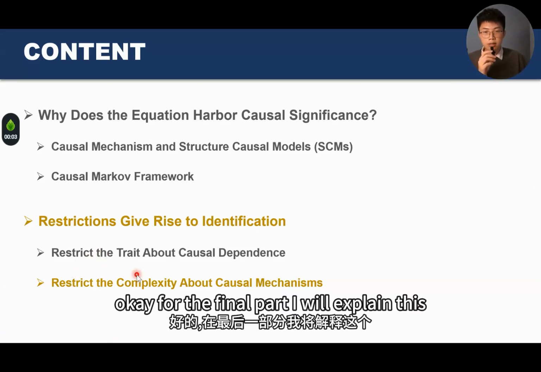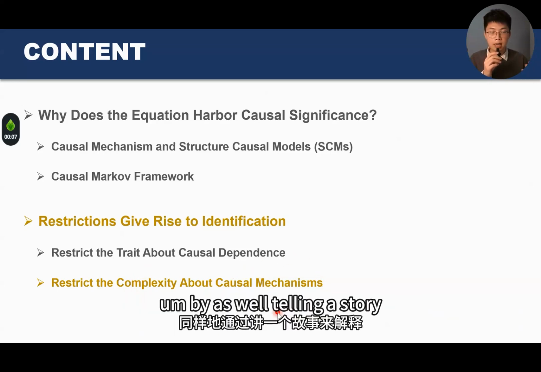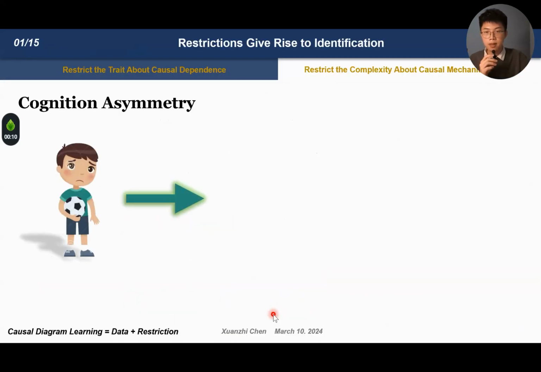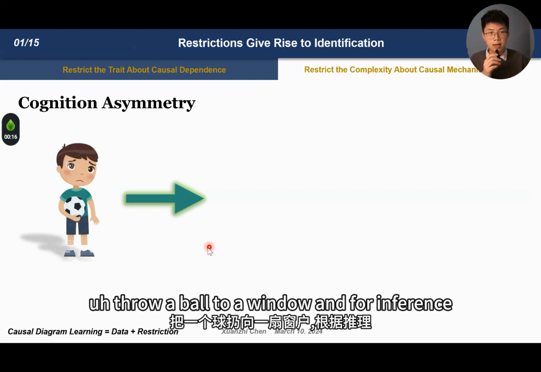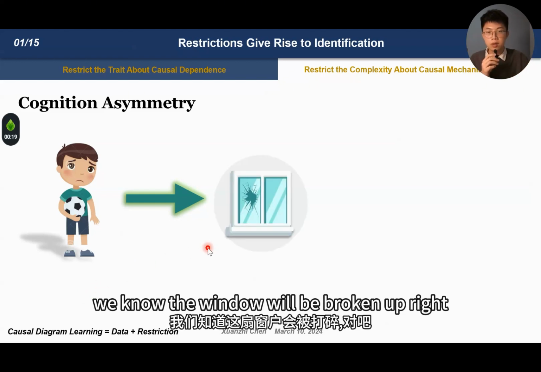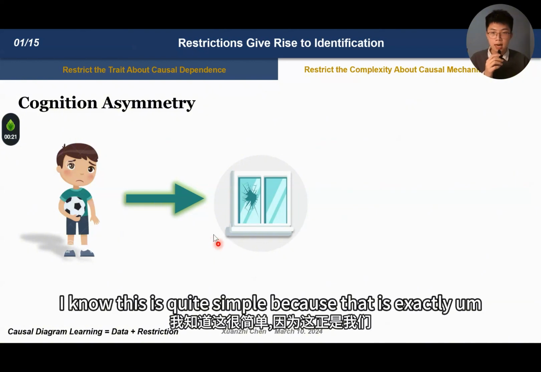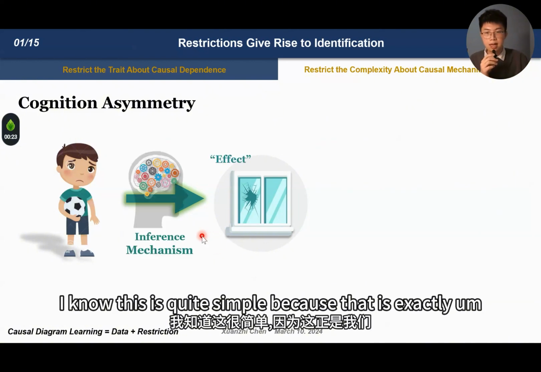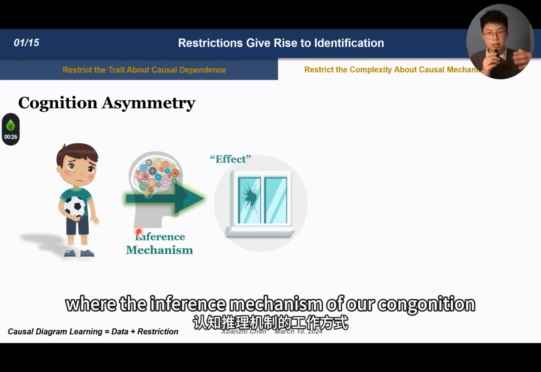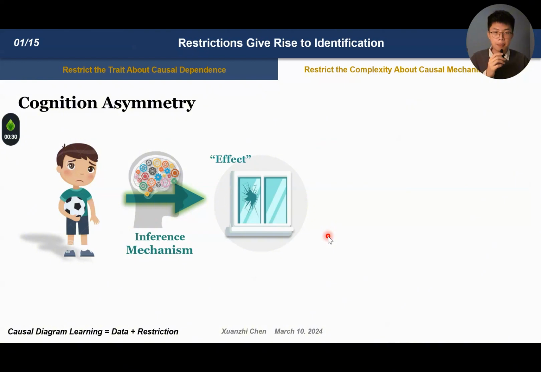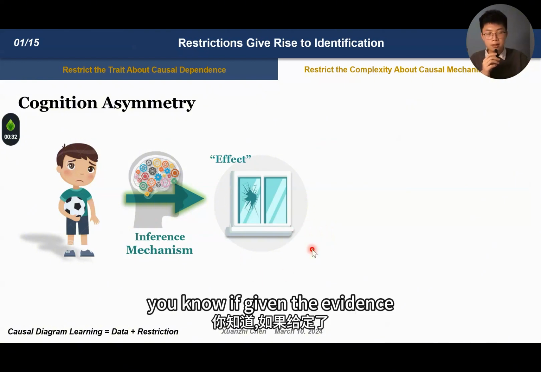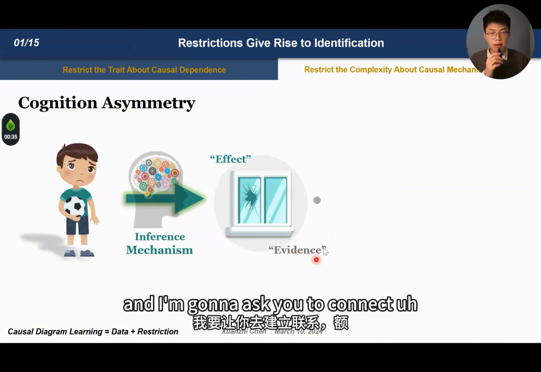Okay, for the final part, I will explain this by taking a story as well. Suppose Jones throws a board at a window, and for inference, we know the window will be broken, right? I know this is quite simple, because that is exactly where the inference mechanism of our cognition is working. And given the evidence of such a broken window, I'm going to ask you